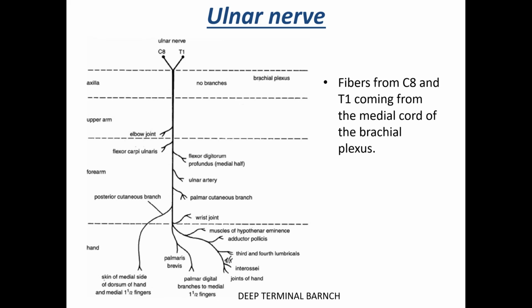There are four lumbricals in the hand. It supplies all the interossei. There are two sets of interossei, the palmar interossei and the dorsal interossei, and it goes on to supply one important thenar muscle, which is the adductor pollicis. Okay, so this anatomy you will have to go home and revise again after this class, so that you are able to get a better grasp on what are the clinical features of these nerve injuries.